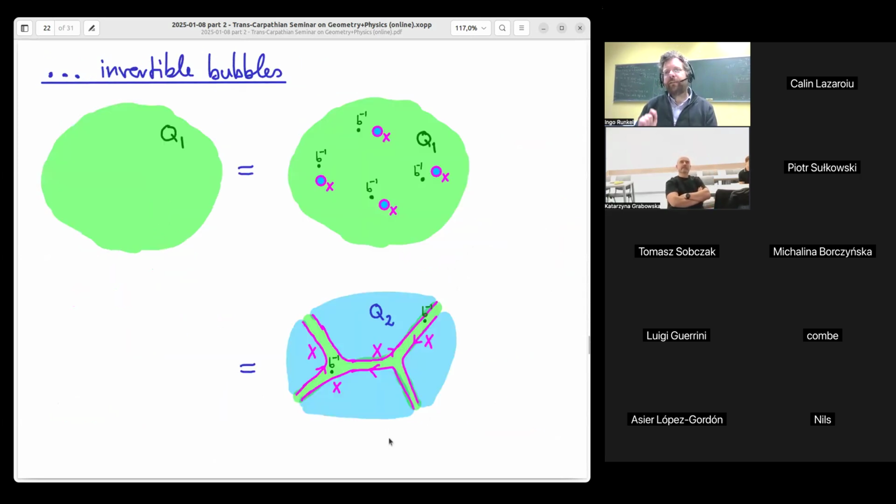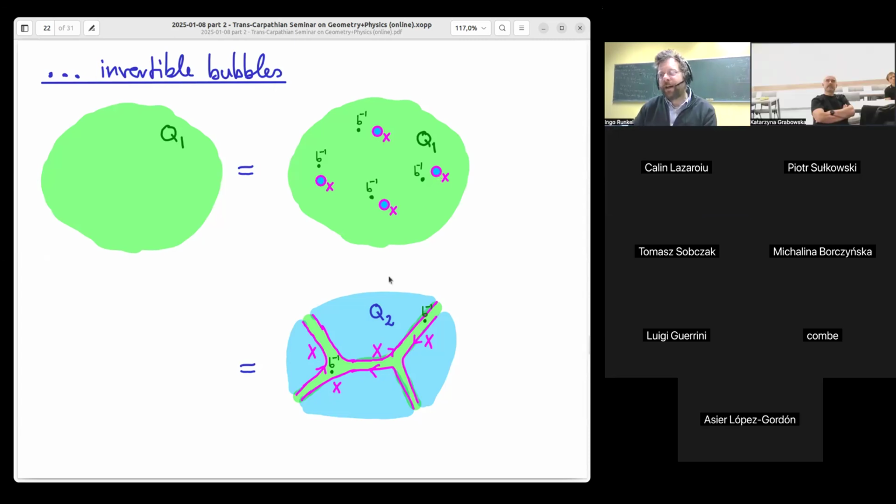The way this works is very similar to the Ising model computation on the torus we did. You start with one theory, you insert lots of little bubbles of the other theory, then you expand the bubbles, and now this starts to look like these walls. If you fuse these together, they become surface and line defects, which give the defect data by which you can gauge. So QFT1 is obtained by gauging from QFT2.